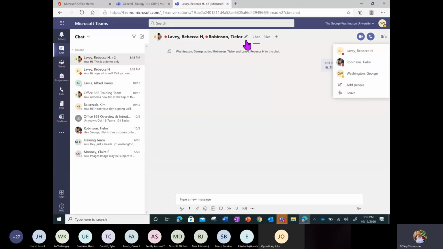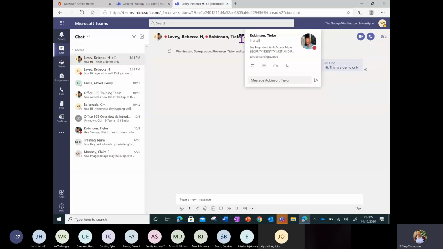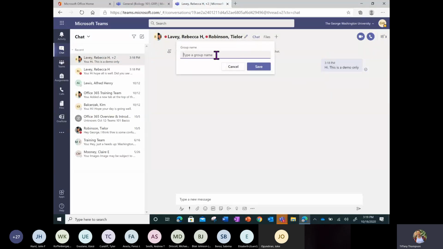You also notice that I have a little pencil icon next to Tyler and Rebecca's name. And let's say I wanted to edit this group so that I can easily recognize it as the O365 training